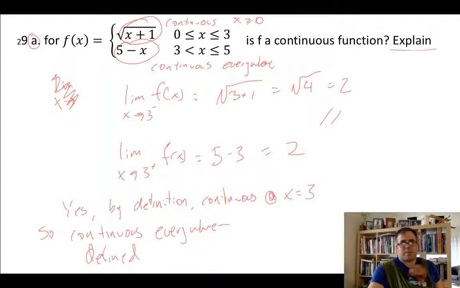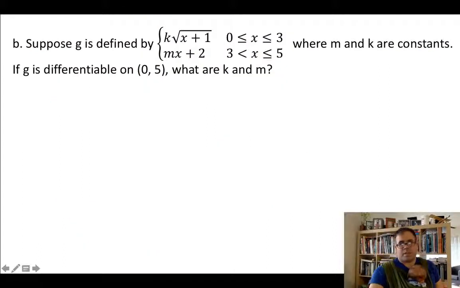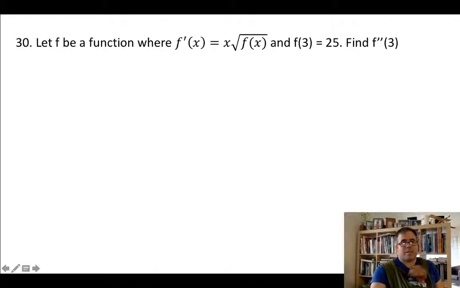Whenever you see explain, you want to use at least a few words. Obviously, since we're here, I didn't use full sentences. Maybe do that on the actual test, but as long as you're saying we show both limits, the definition of continuity at that one point, and then making sure to note that these are continuous on their own domains. All right, now for part B,